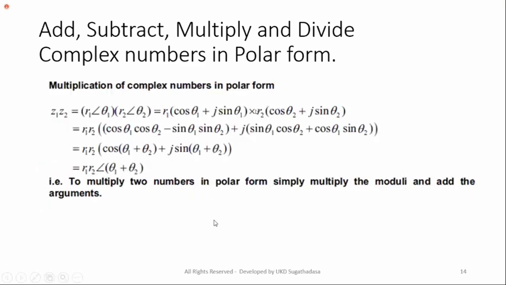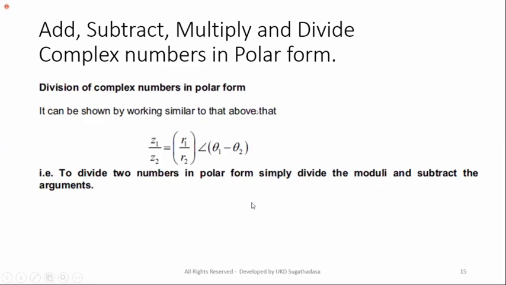This is important, remember, the multiplication of complex numbers in polar form. If you multiply and simplify, you get R1 R2, theta 1 plus theta 2. That is the important fact. I think we have drafted some formula also the previous day. Even division is the same. The actual proof is not given here. We divide Z1 and Z2 in polar form. Finally, you get R1 divided by R2, theta 1 minus theta 2. Earlier theta 1 plus, now it is theta 1 minus theta 2.